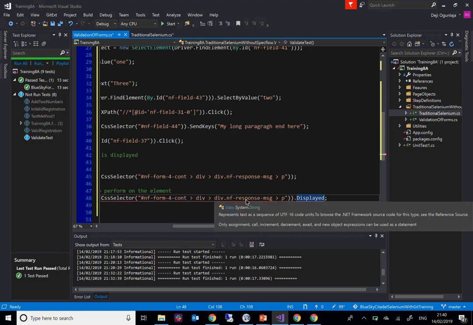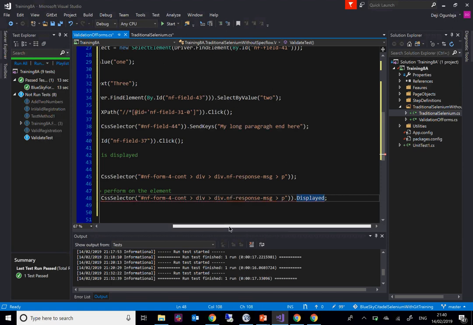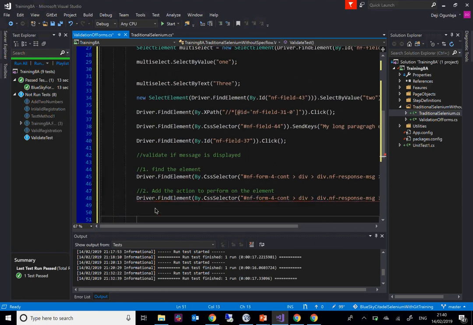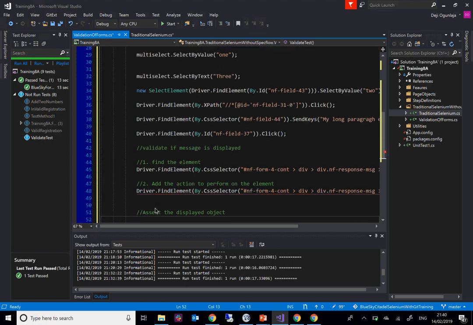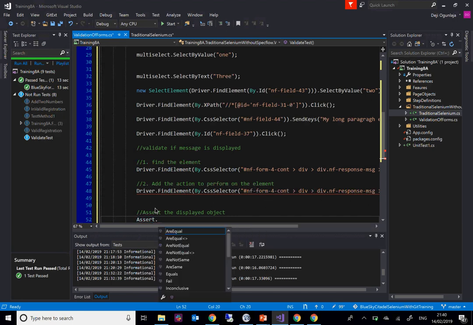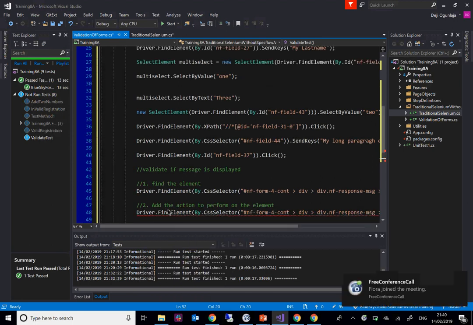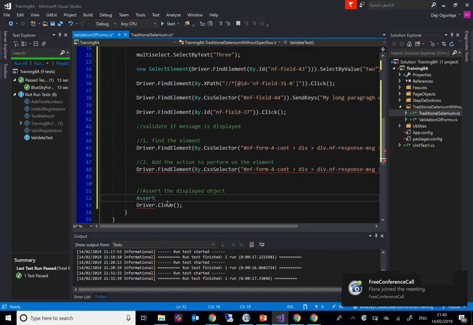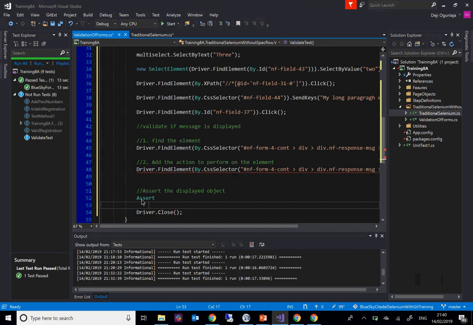Okay, so if you look at that, it's going to be true or false for you anyway. So then the next step, now you assert the displayed object. So to do that, you need to say assert dot. So in normal situation, if you say assert, it's going to bring